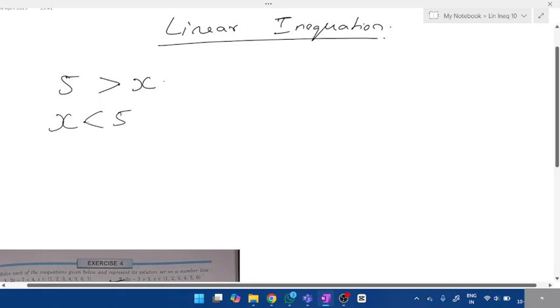x less than 5. We are not changing the sign. 5 is greater than x or x is less than 5, the meaning is the same, right? Only the positions of the values are changed. Same like that, 5 is greater than or equal to x. If you get the answer like this, for example, x